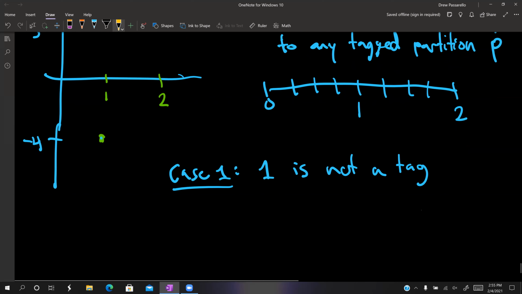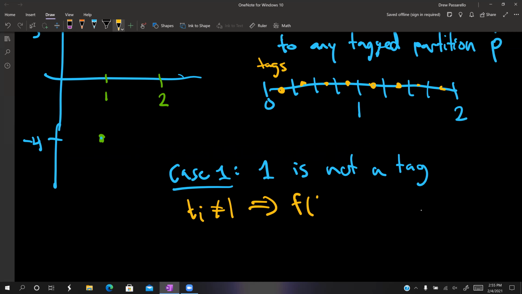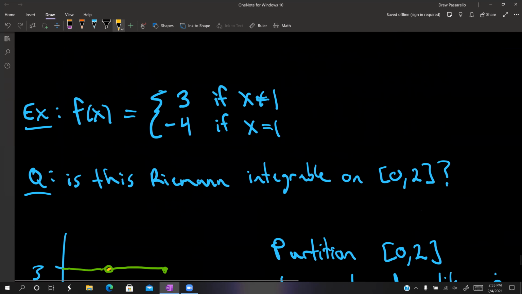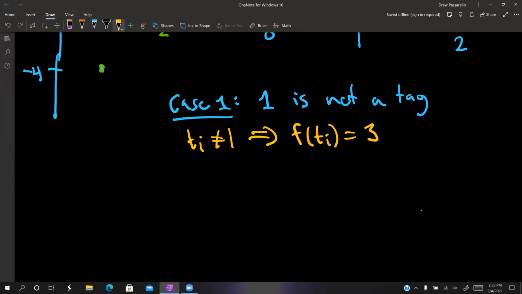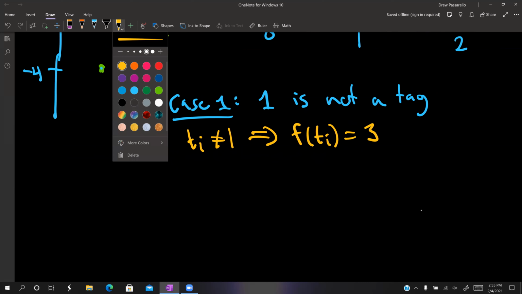Then we're fine because we just choose anything in each subinterval and evaluate it for these tags. Since ti is not equal to 1, that means the height f of ti is equal to 3. So f of ti is equal to 3, which means that our Riemann sum